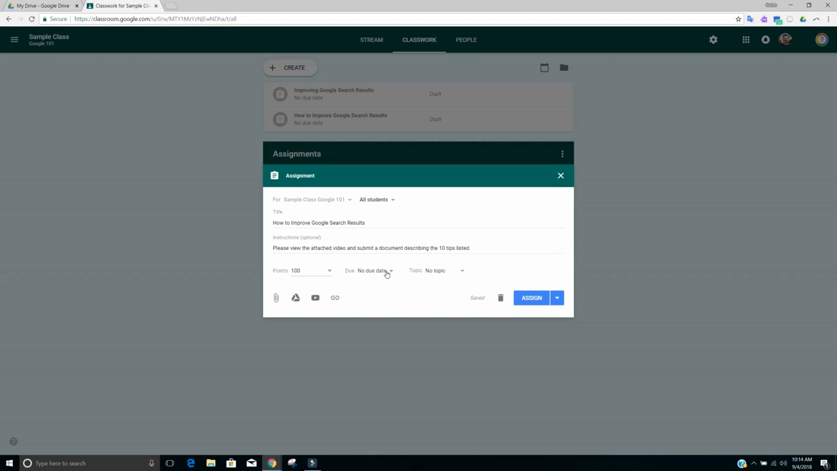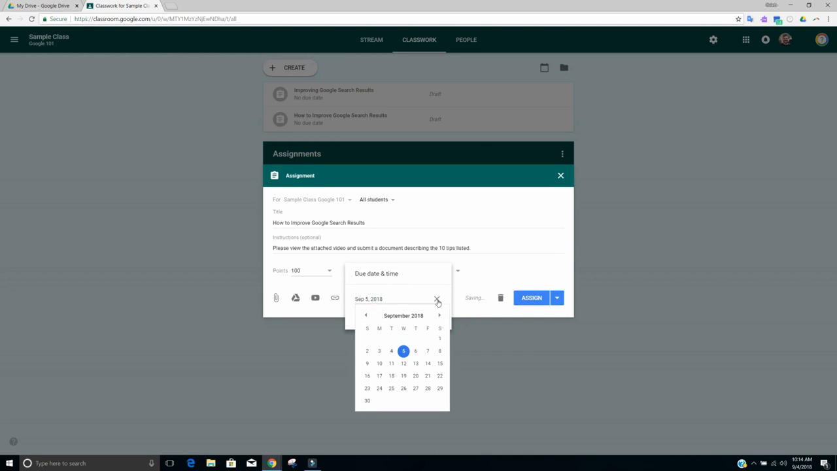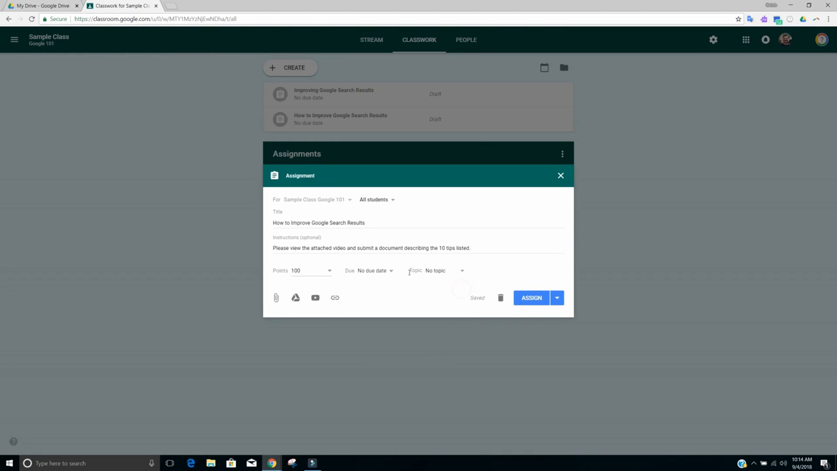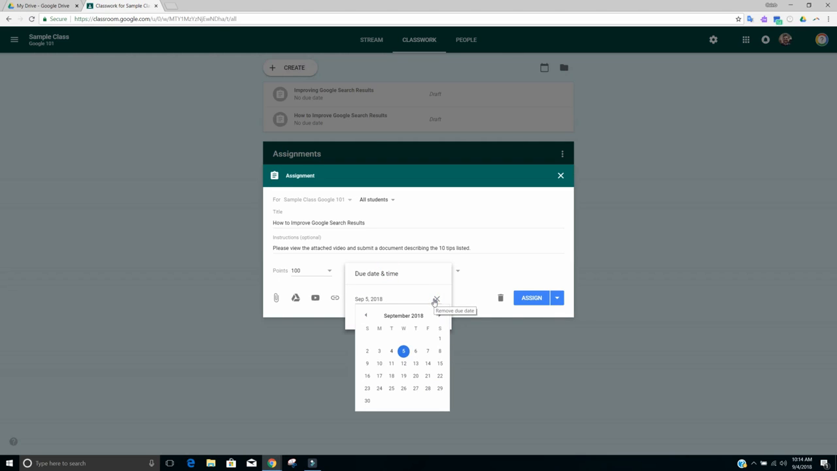So this may be something that you just want them to view and never actually do. You can set no due date, or you can create a due date. For us, we're going to actually select a due date. So what we would do, we would click on the drop down arrow, then we would click on the drop down arrow again, and I want this to be due Friday the 7th,